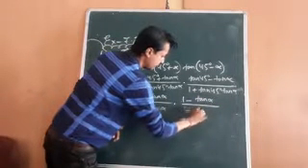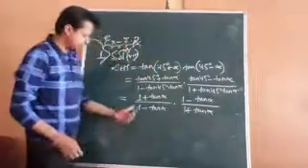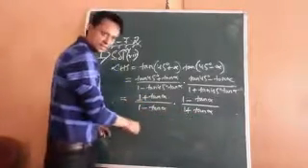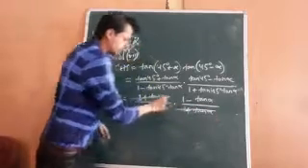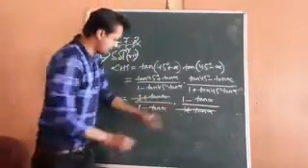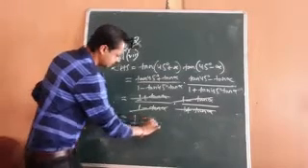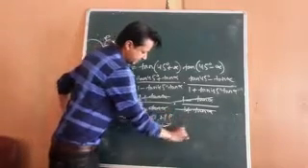1 into tan alpha is tan alpha. Now you can see 1 + tan alpha, 1 + tan alpha, it will be cancelled out. This part cancelled. Similarly, this and this part will be cancelled. After cancelling, you will be getting 1, which is equal to the right hand side. Finished.